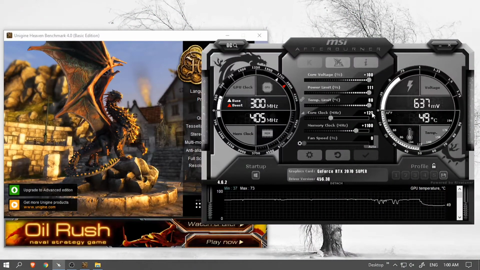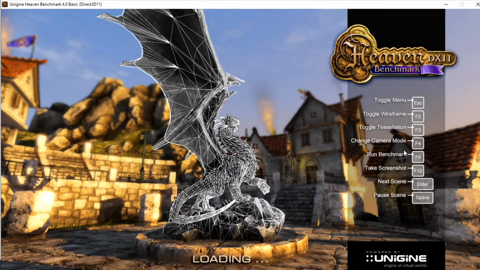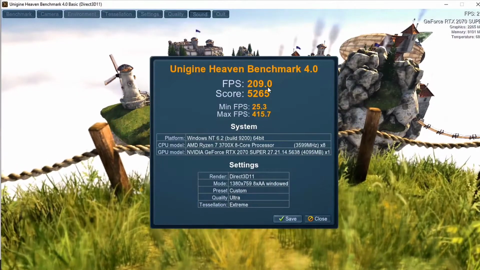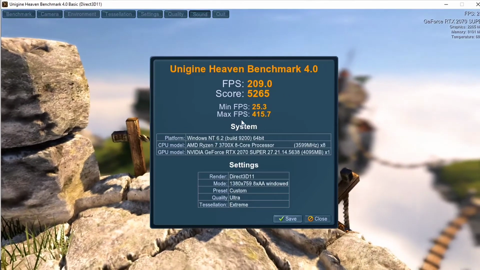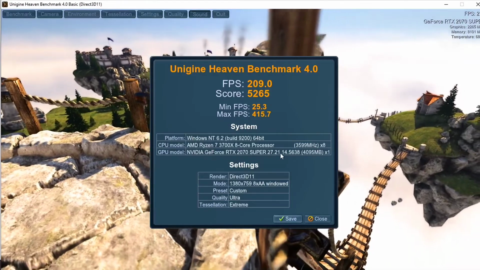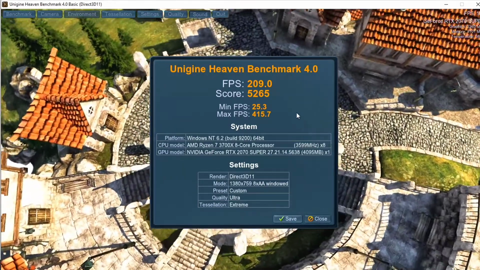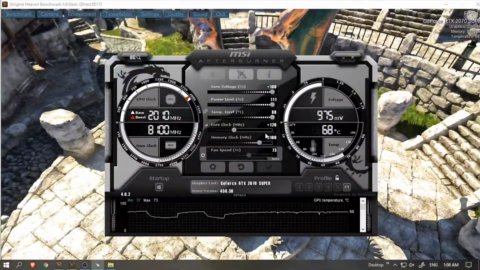Anyway, so for my card, I found it stable on plus 120 MHz core clock and plus 1100 MHz memory clock configuration. Now let's run the Heaven benchmark once again and see how much we gained from overclocking. So after overclocking, we got the total score of 5265 with the average FPS of 209, which is amazing. The minimum FPS is 25.3 and the maximum FPS is 403.5. Overall, overclocking gave us an average FPS hike of 19 and the total score hike of 476, giving us around